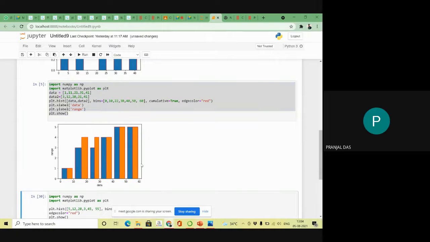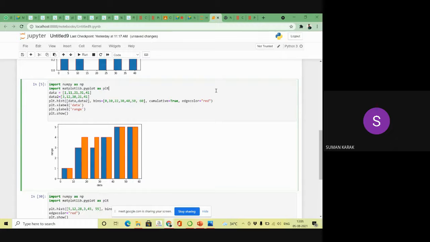Run this script once. Yes, you can see all the similar values will be placed sequence-wise. Did you understand? Now you can see, again I'm trying if I write cumulative equal to false.